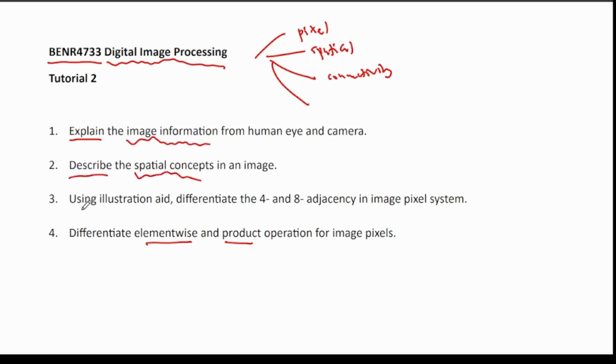Okay, now I'm using an illustrator. This is the idea of how to answer this question. The question is differentiate. Okay, so the fourth question goes like differentiate too. So for the first question, explain the image information from the human eyes and camera. I think this particular question is discussing the... this we have an apple. So